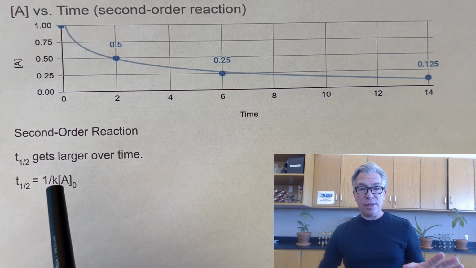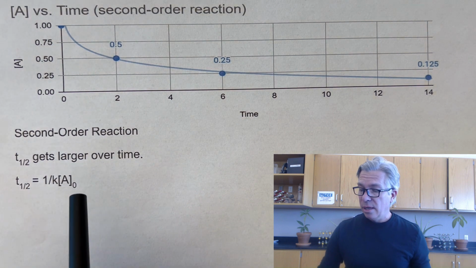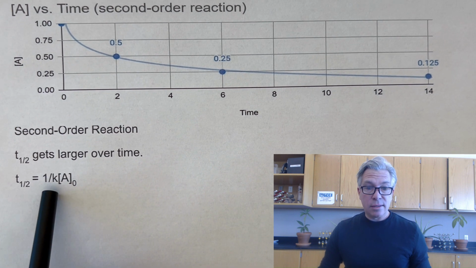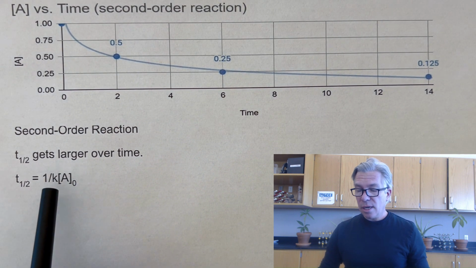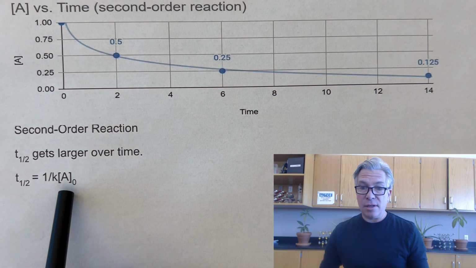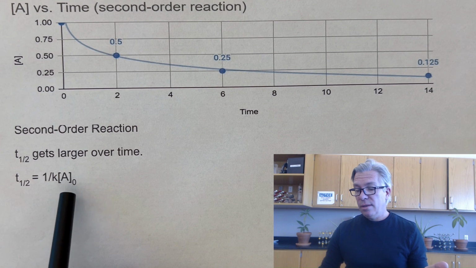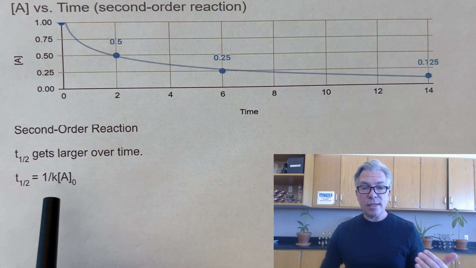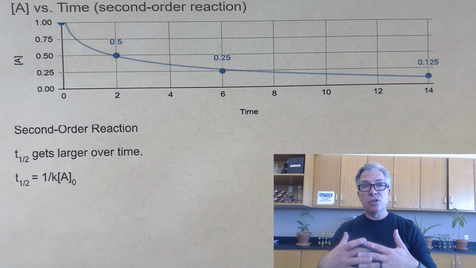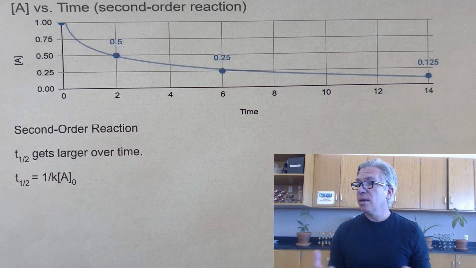And there's an equation for that. These are derived using the integrated rate laws. t1/2 equals 1 over the rate constant, which appears in all of them, times the original amount at the time you start measuring that half-life. And so that equation will exist. You can also use the integrated rate laws to calculate half-lives, and I want to demonstrate that in a future video. But for today, for generally speaking and theoretically speaking, I wanted to get these